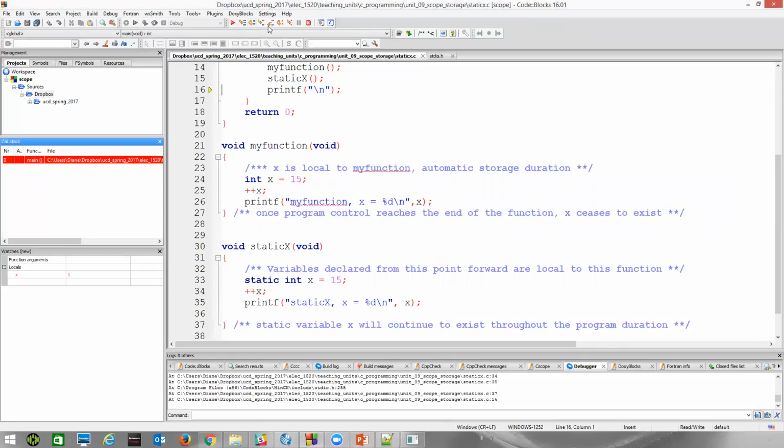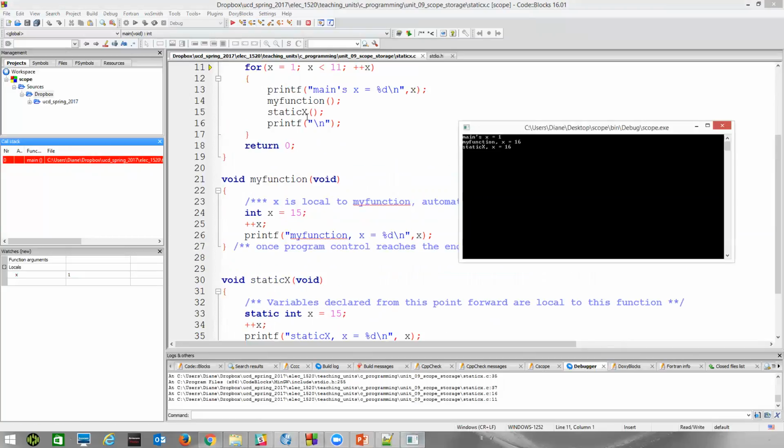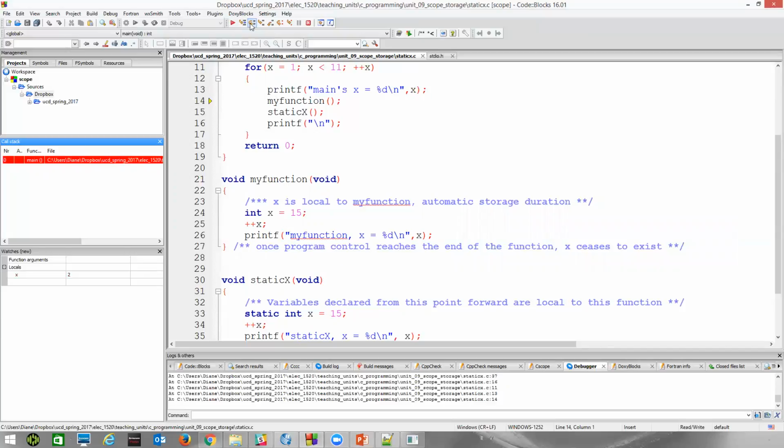So we'll return back to main. We'll go ahead and print this new line character, right? So that I want spacing in between our groups of output. All right, now back here in main, notice main's X is equal to 1. We'll increment it then. So this statement will execute plus plus X. Then it will perform the test. Will X be less than 11? It will be. Right, so once again, we'll print out now that main's X is 2.